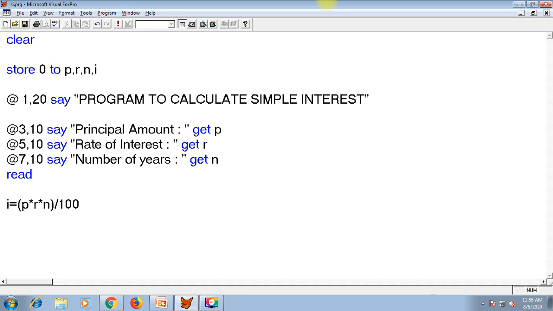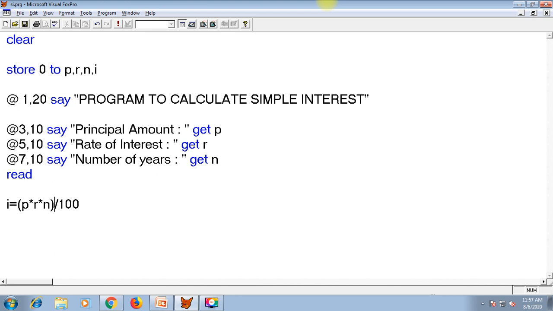Here in this case there will be no issue, but sometimes it happens that you have applied addition or subtraction, then division. Then what happens? Division will be performed first, so the output may be different. But it is a good practice. That is why I have written this multiplication part inside brackets. So first of all it will multiply P by R by N, and then it will divide it by 100.